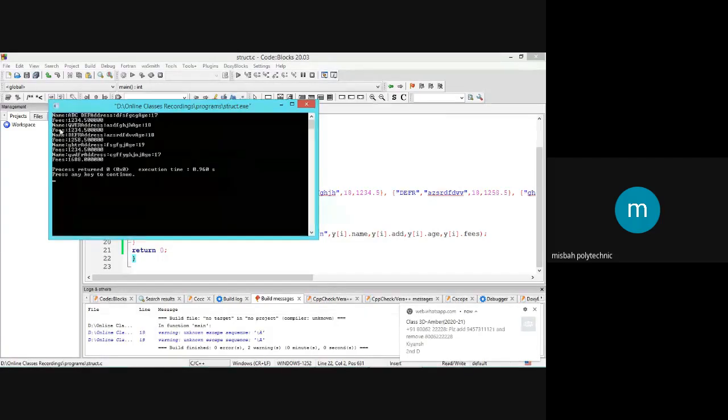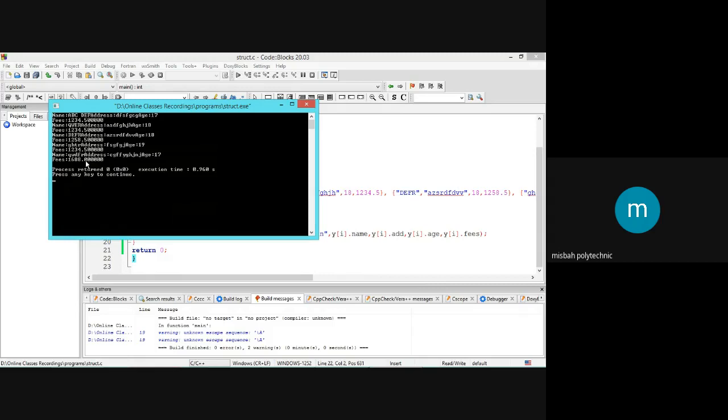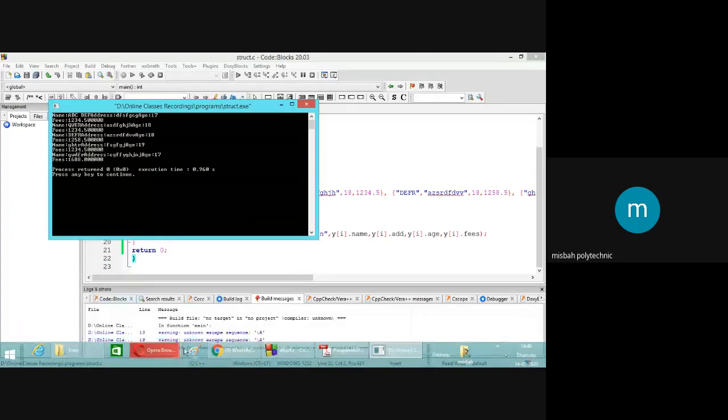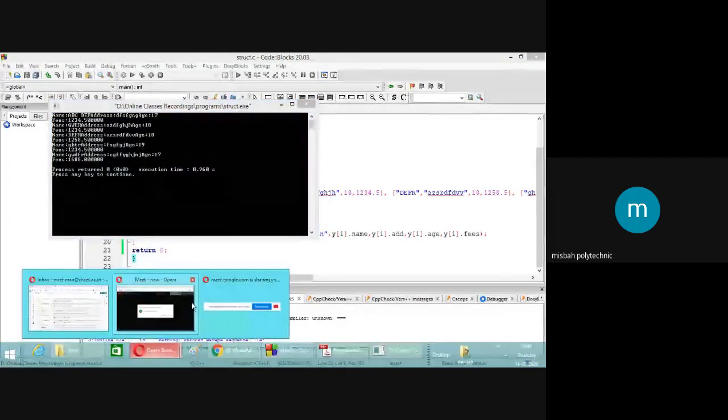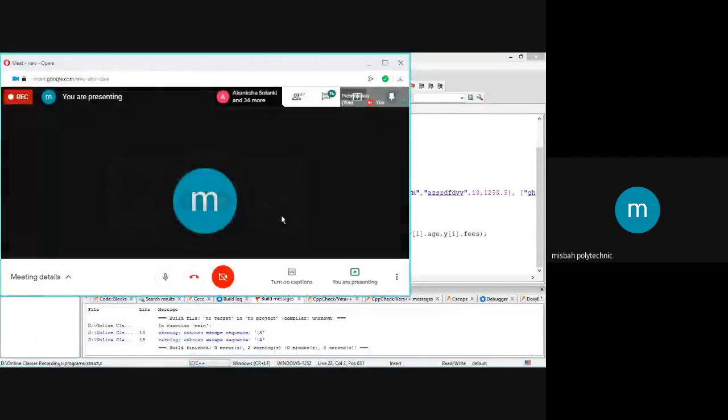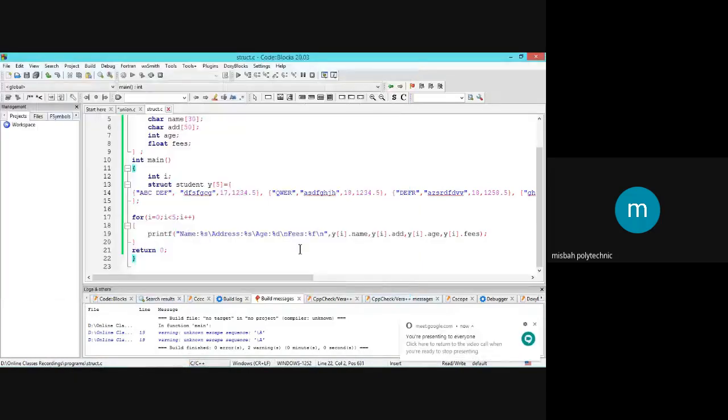Okay, then second data, then third data, then fourth data. So in this way we have printed all the data members of the array. जो आपके पास array था उसमें 5 एलिमेंट थे, सारे एलिमेंट का डेटा हमने यहाँ पर प्रिंट कर दिया है। Is it clear? सारे स्टूडेंट का डेटा हमने यहाँ पर प्रिंट कर दिया है।